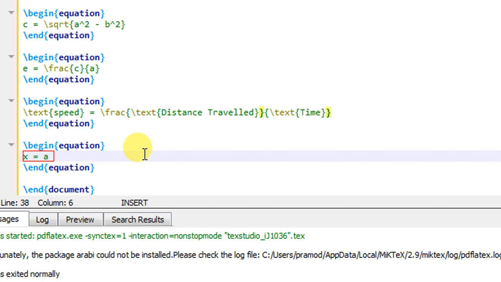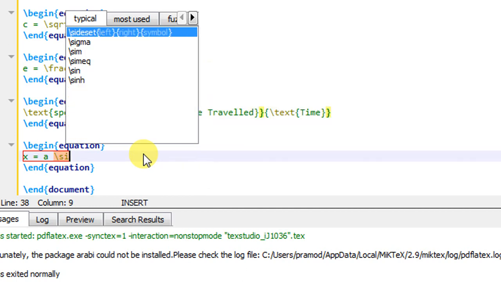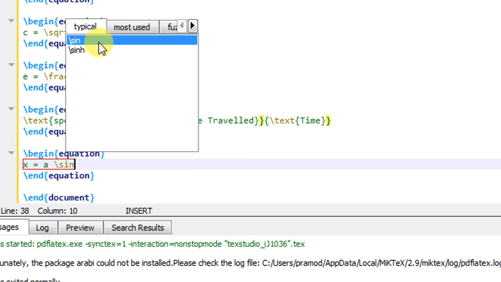Now for cos, sine, tan, hypertan, hypersine, sec, cosec, for all these trigonometric functions we are having the command \. Suppose I have to write down the sine, so \sin. So here there is one command \sin, so I will select this.